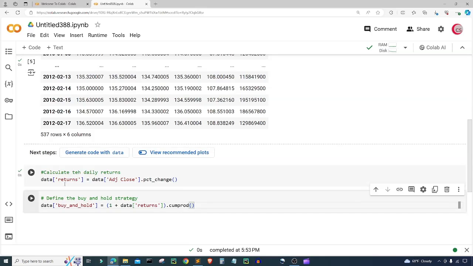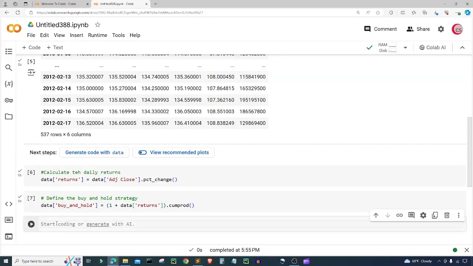Okay. So my returns are going to be some decimal value, right? And so we're going to add 1 to that. So I hope that makes sense. But anyways, let's go ahead and continue. I'm going to run the cell. Let's create a new cell. And now here I want to